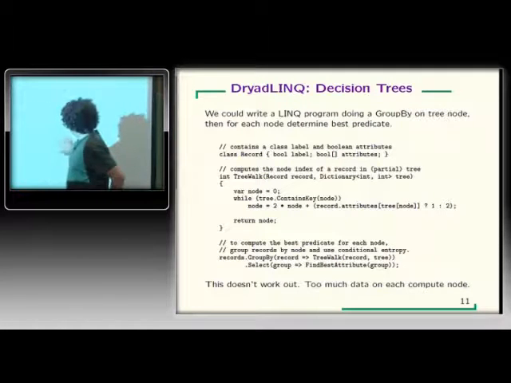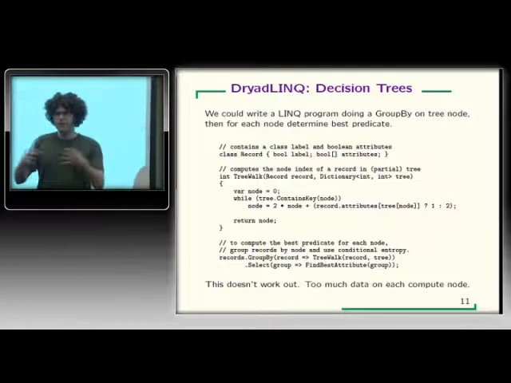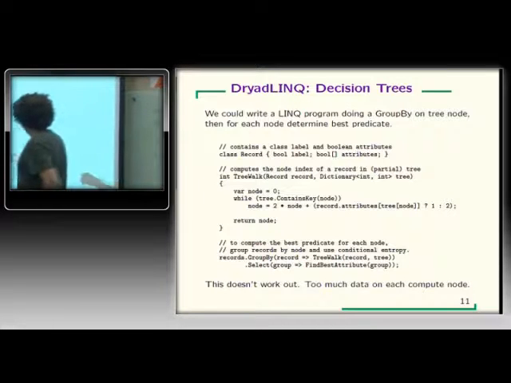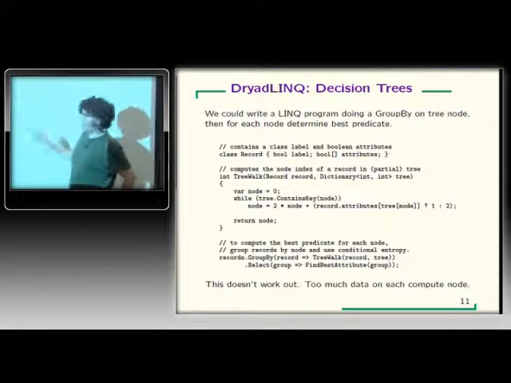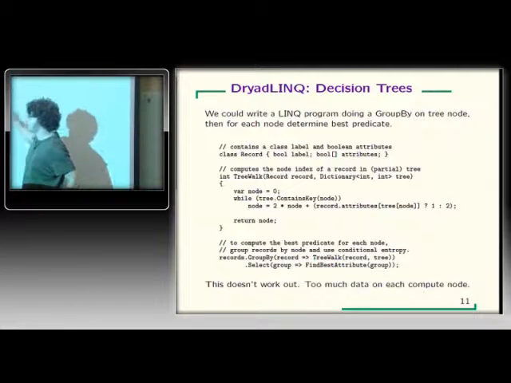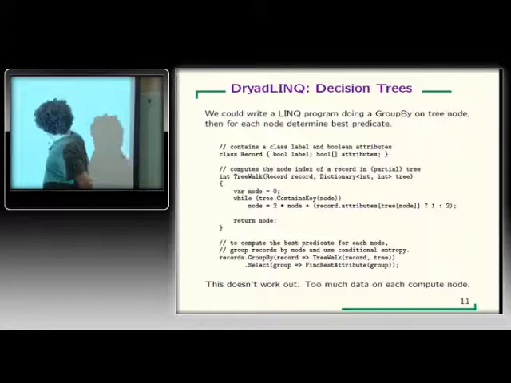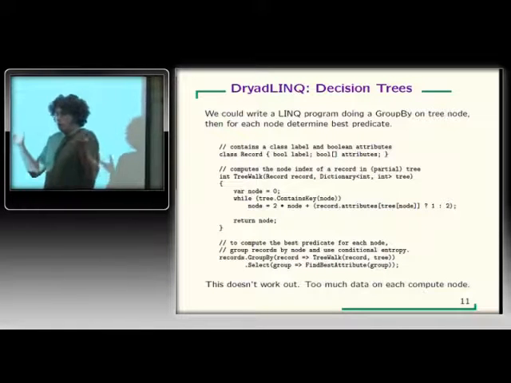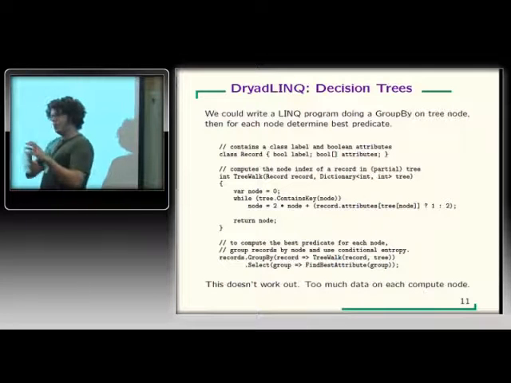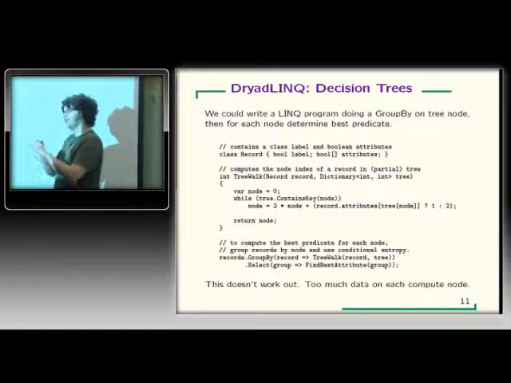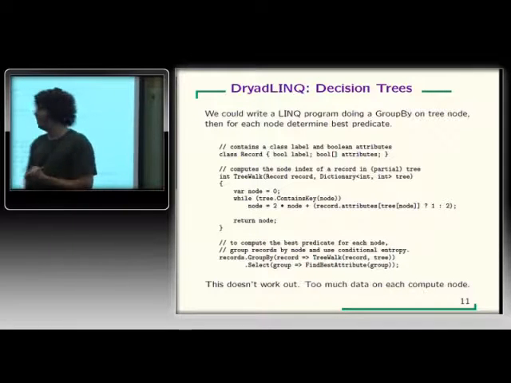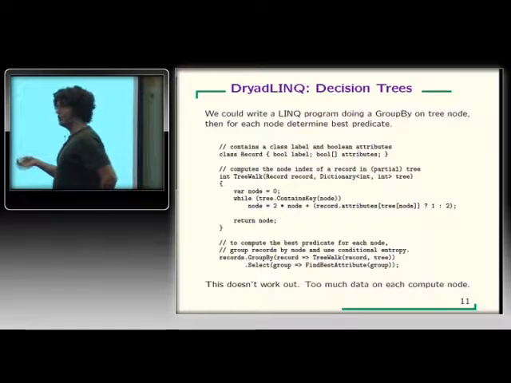Then one way to write what we want to do is say, well, we're going to filter everyone down to their current leaf in the partial tree. Let's do that. That's a big group by. The key is an interesting function here. We could have written it as a recursive function. I wrote it as a while loop instead, but it could certainly be more complicated. But it's an interesting function that processes the record and the partial tree so far and tells you what node you should be at. Once we've done this, we take each of the sets of records at these leaves, these groups, and there's a user-defined function I've written called findBestAttribute that flips through all of these and tries to figure out which attribute optimizes the conditional entropy. So